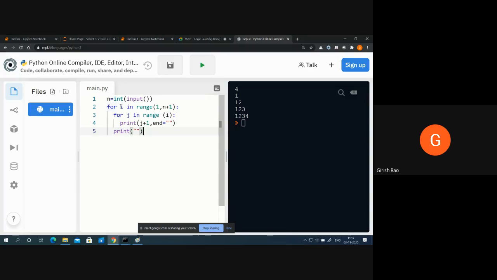Okay. What is the value of i? It was 0 over here, right? But he started i with 1. So this became 1. j is 0. 0 plus 1 is 1. Since he is printing the value of j, he said j plus 1, which is 0 plus 1 is 1. Okay. Next, now j becomes 1. Is this loop true? No, it is false. Take the cursor on the next line. Now i is 2. Because after 1, it will be 2. j is 0. This will be 2. 0 plus 1 will now be 1. Next value j is 1. 1 plus 1 will be 2. Did you get it? Yes, sir. Thank you. Okay.